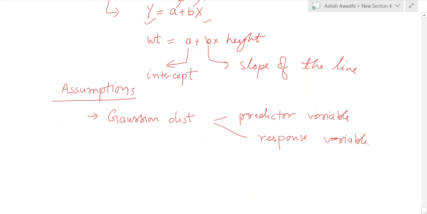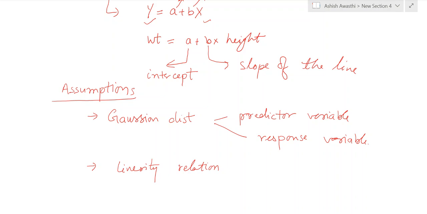Another condition in ordinary least square regression or linear regression is the concept of linearity. The relation should be linear for ordinary least square regression or linear regression. If the relation is not linear, it may mislead you in calculations as well as results, and your estimates may not be accurate, and your predictions may not be accurate as well.